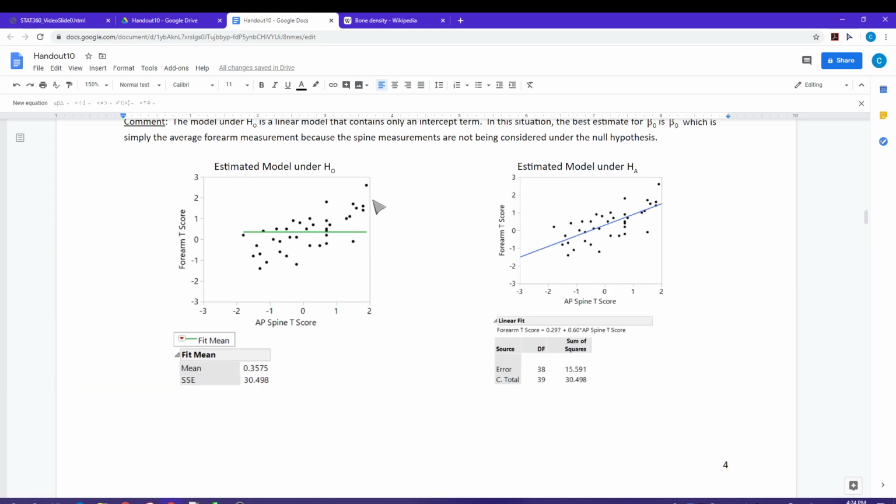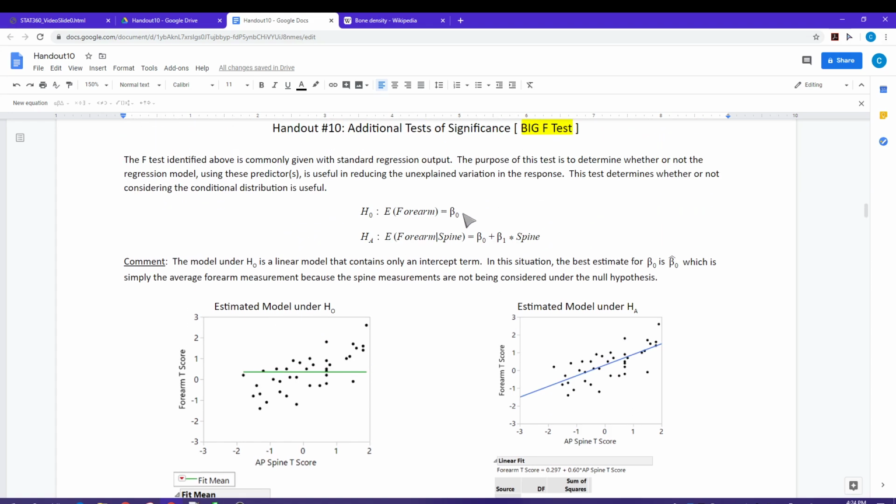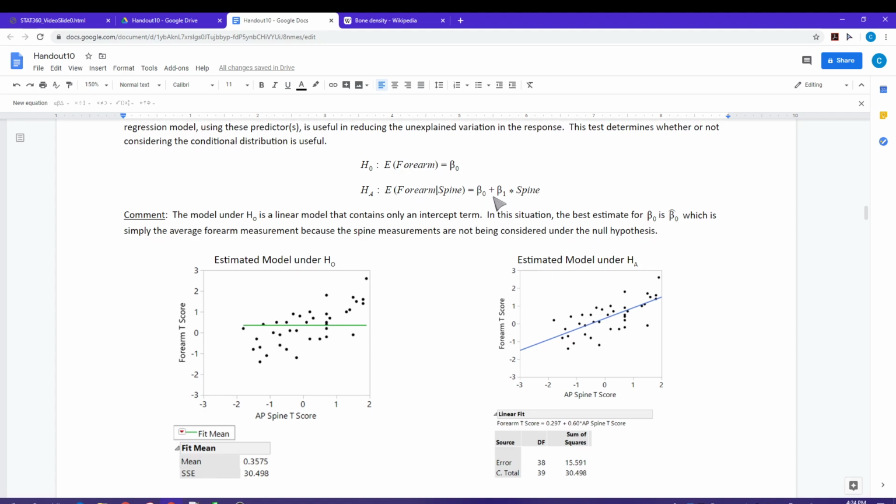Now in this model right here, there's going to be 1 degree of freedom used because I'm actually estimating just one parameter here. So there's 1 degree of freedom that's being used in that model. Over here, I have 2 estimates that are being used, a beta 0 and a beta 1. So this is going to have 2 degrees of freedom here. So the numerator there, 2 minus 1 is going to be,